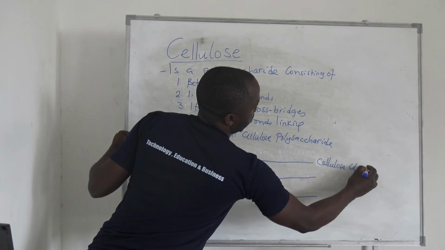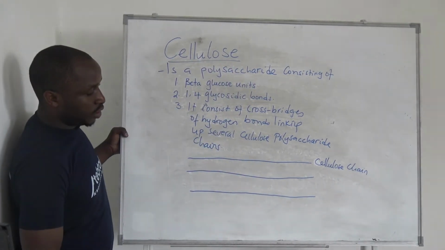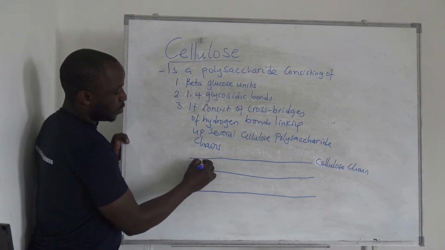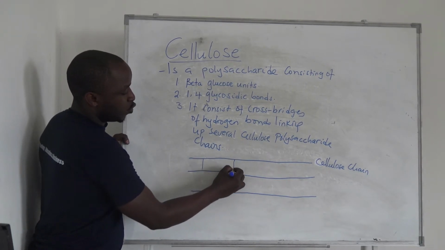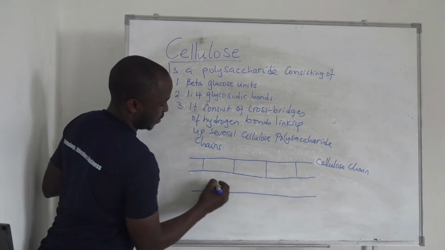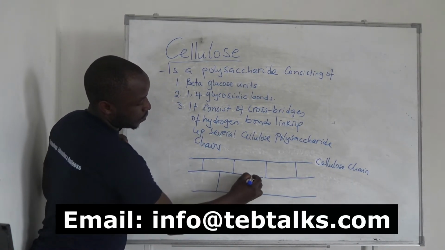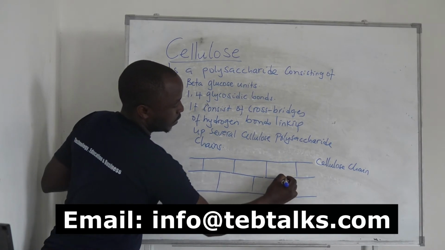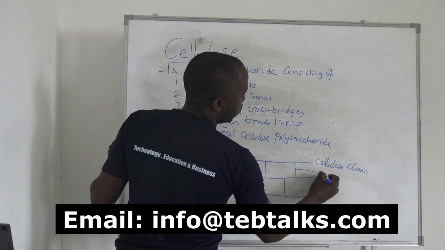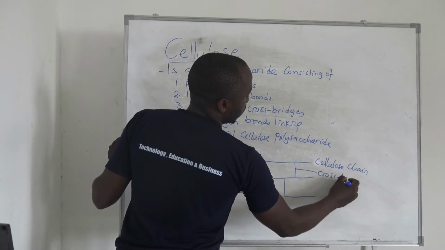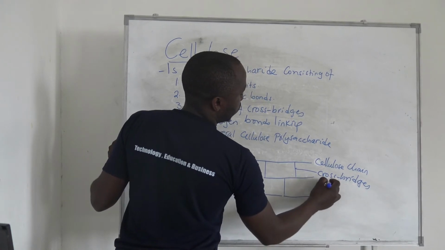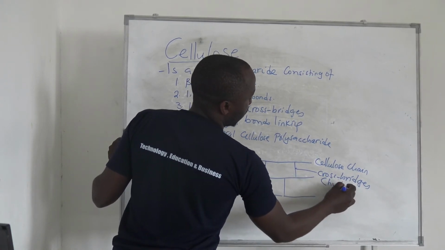That cellulose chain is linked to another one by hydrogen bonds that are very many. So those are what we are calling cross bridges. We have called them hydrogen